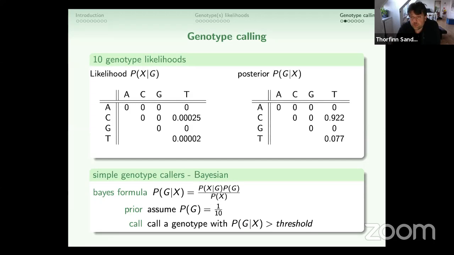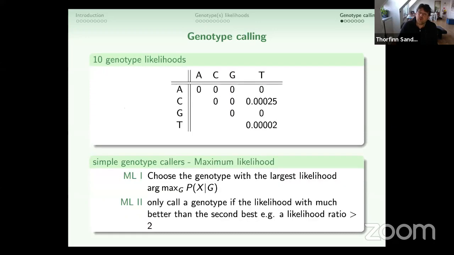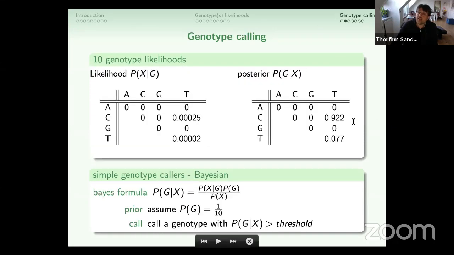Here we have 10 possible genotypes. So if we were to pick a prior, a useful prior or a good prior might be to assume that all genotypes are equally likely. So the prior in this context would be just 1/10 for each of the 10 genotypes. And if we were to call using this approach, then we would also get that the CT is the most likely genotype